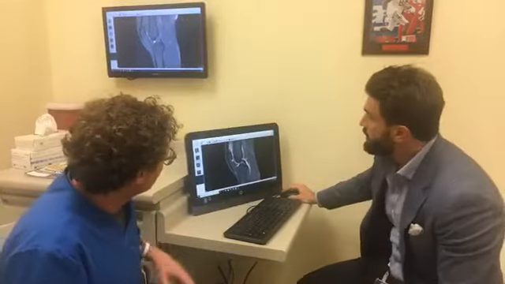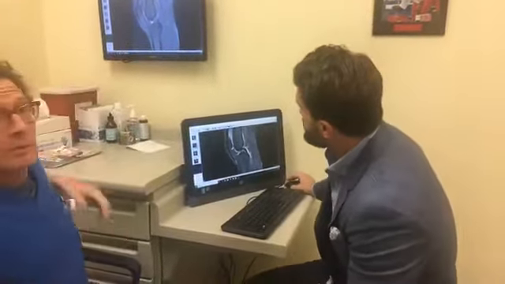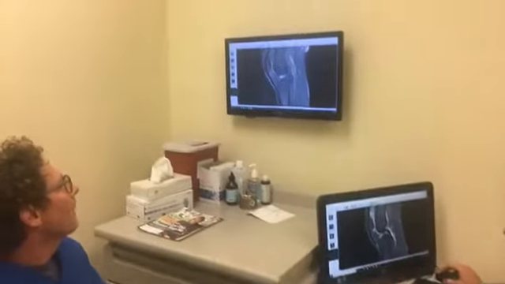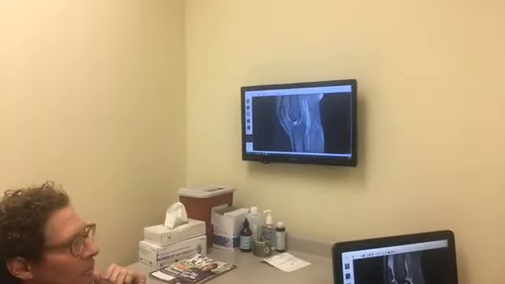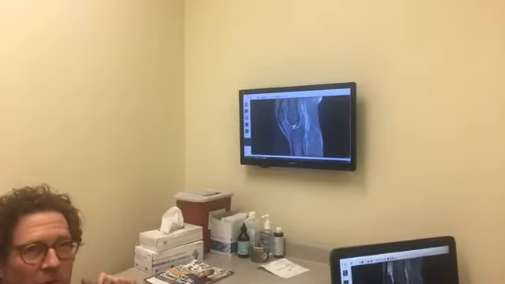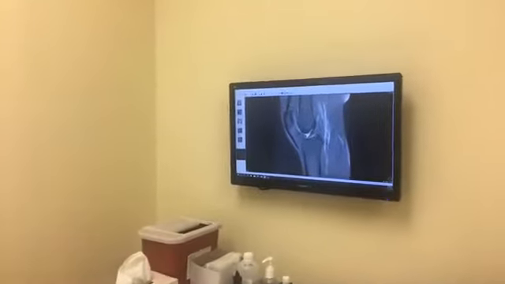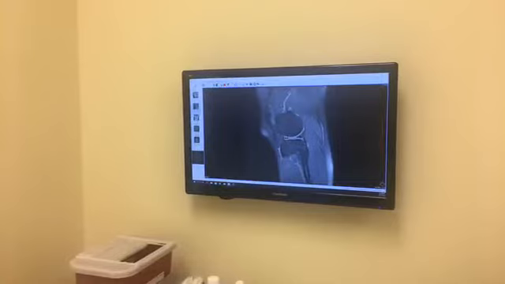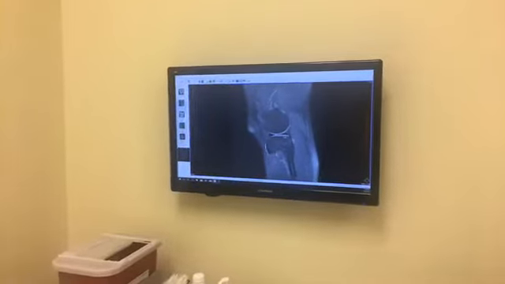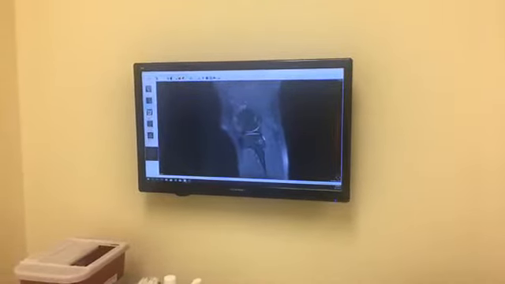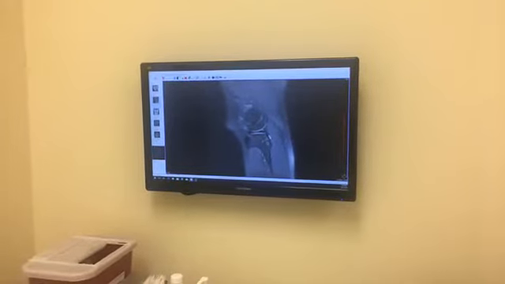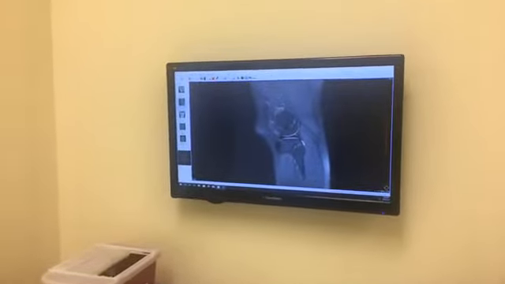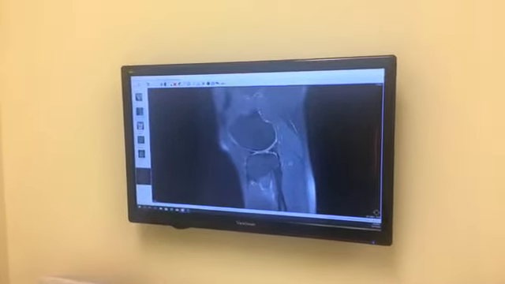Okay, so let's take a look. Up here, just to start, you want to go up here? This is a sagittal MRI, meaning we're taking slices of the knee starting from the outside, moving in across the body. So here you can see the femur. Here's the tibia. Here's the meniscus. Looks like a bow tie, and that's what it should look like. And then here's the fibular head. That's the bone in the lower leg on the outside. Right, so we're starting lateral. And then starting on the outside, moving our way inside the knee.